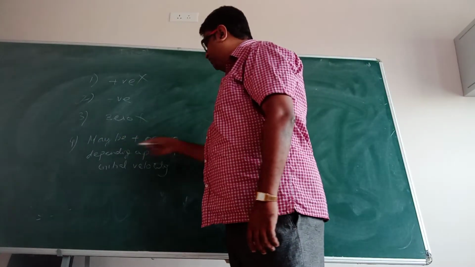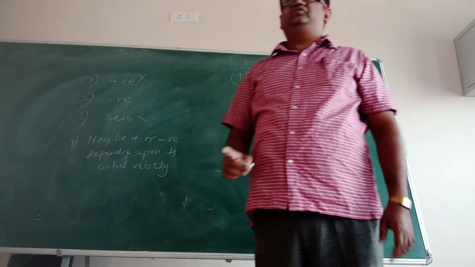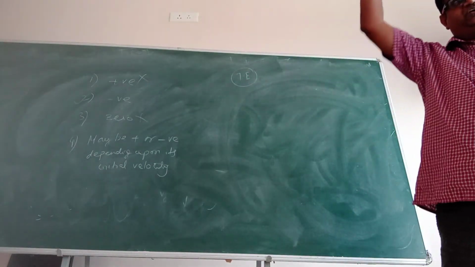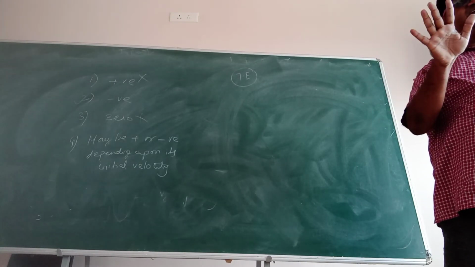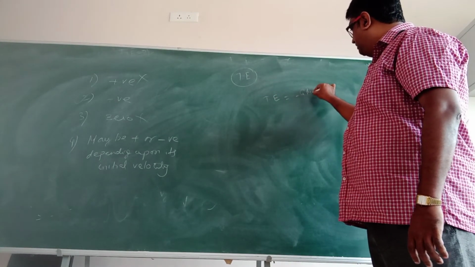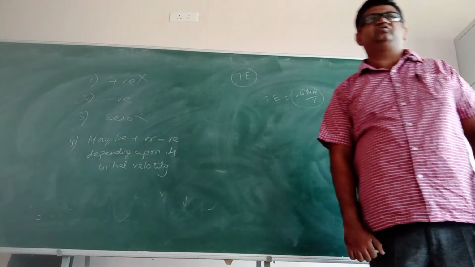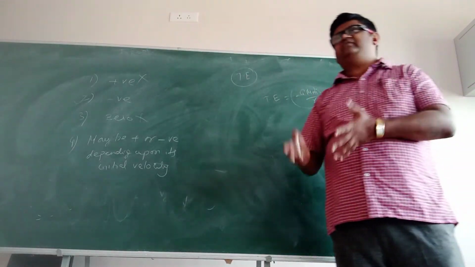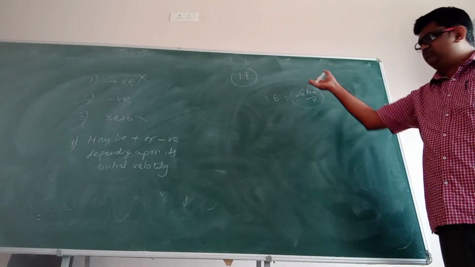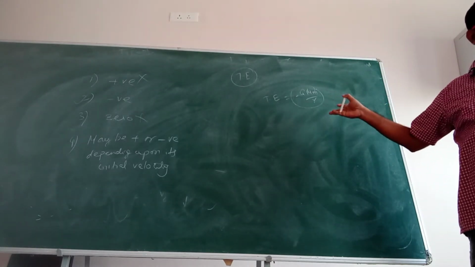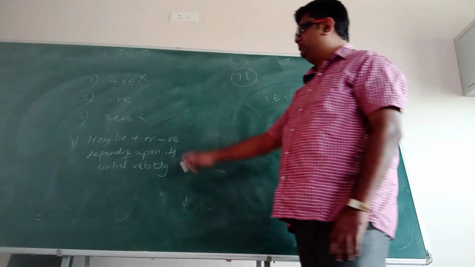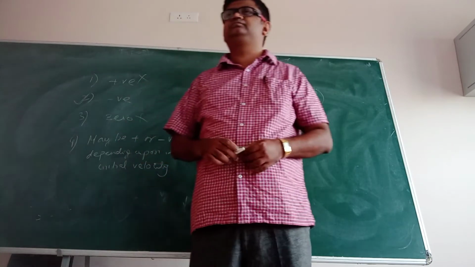He says that it may be positive or negative depending upon its initial velocity. See, I told you that when we are trying to project a body into space, it is still in the gravitational field, and the total energy is given by minus GMm by r. There is a minus value always. Do you see any velocity component in this expression? Are you seeing any initial speed or final speed? This type of option they give you to confuse you. So the answer to this question is option 2.